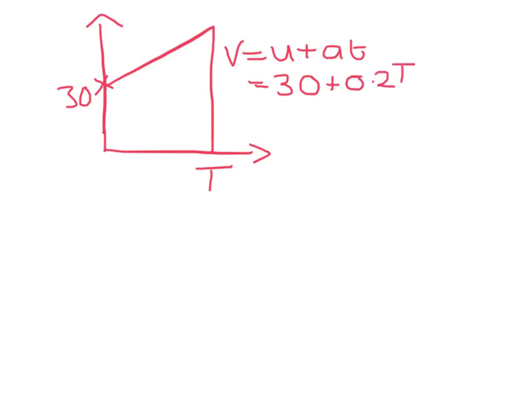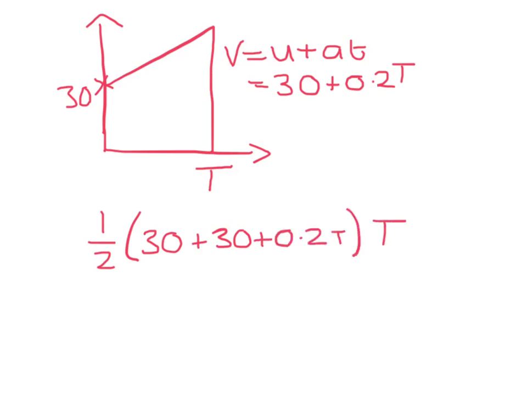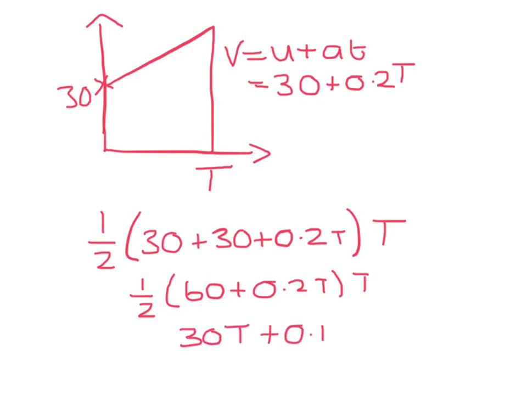So the area under this curve for a trapezium is half the sum of the parallel sides, so that's 30 plus 0.2t times the distance between them, which is t. So that's a half times (60 plus 0.2t) times t. If I expand out those brackets, I'm going to get 30t plus 0.1t squared as the distance for the